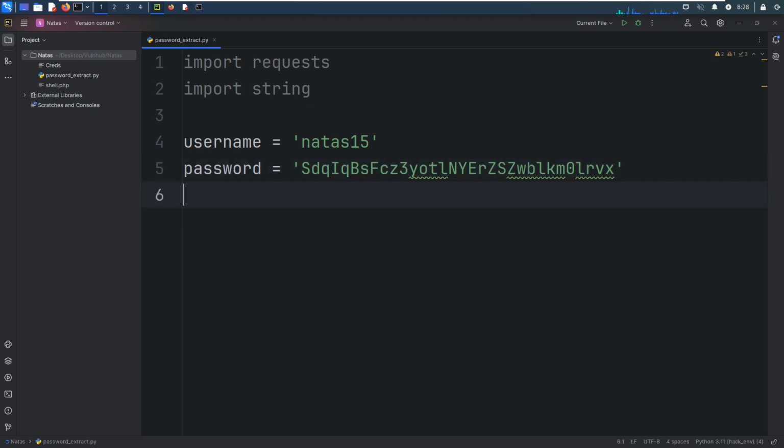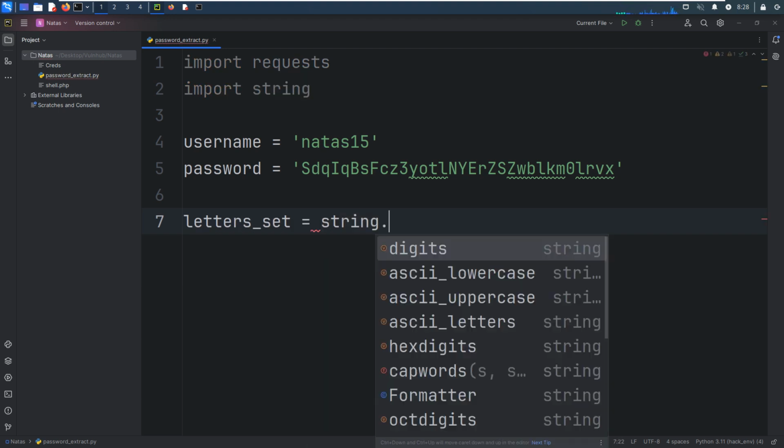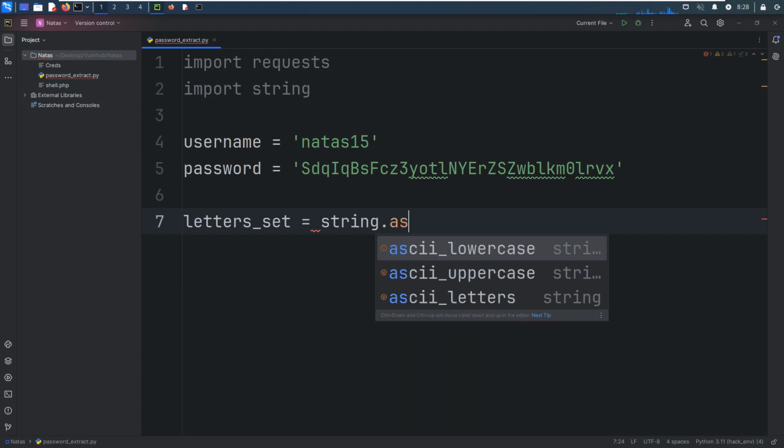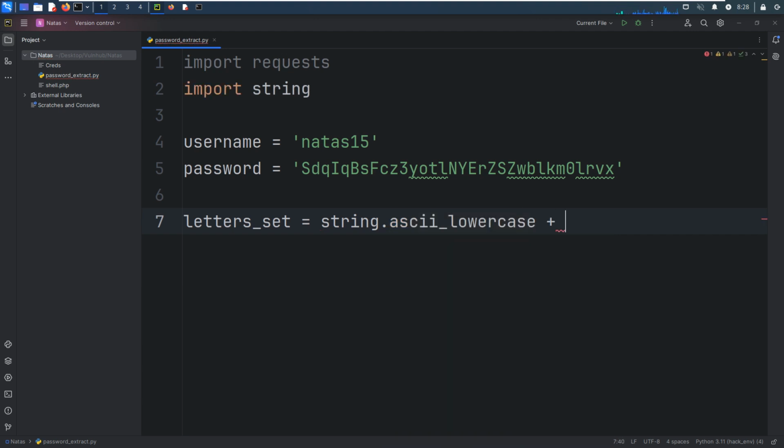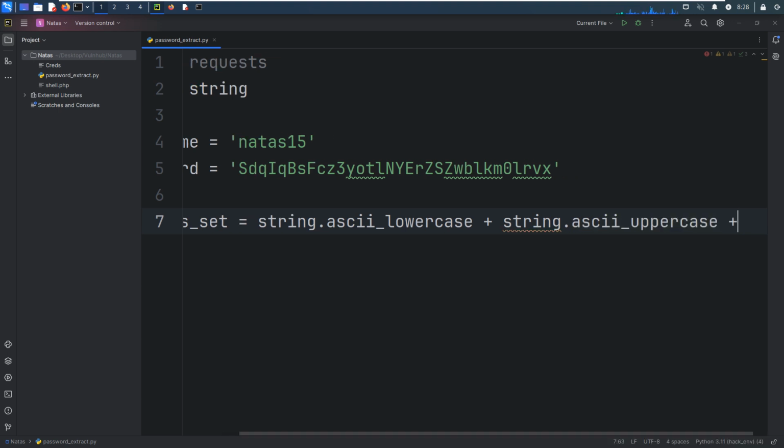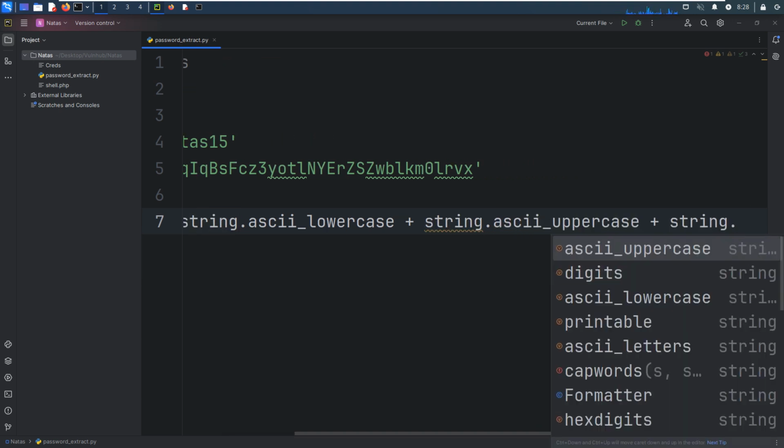And now we need to generate the letters set, and we can use string lowercase, and we can concatenate the string uppercase and also the string digits.